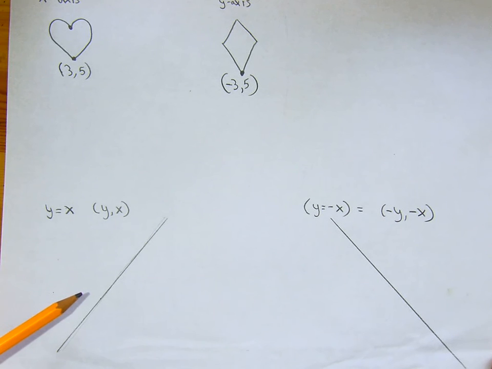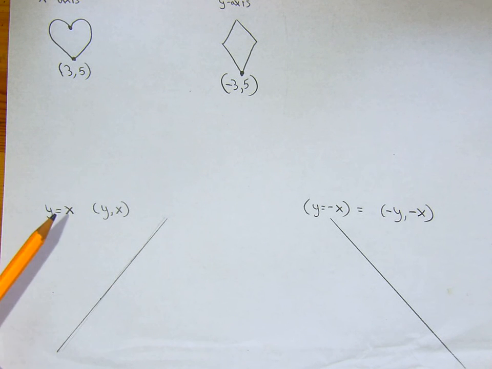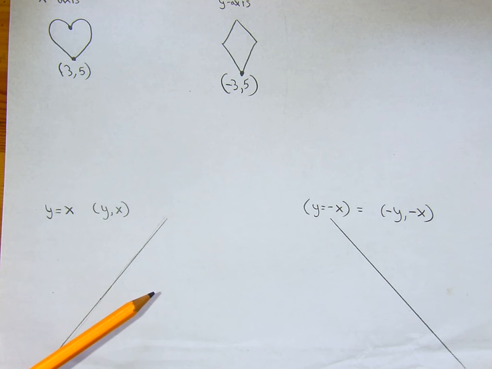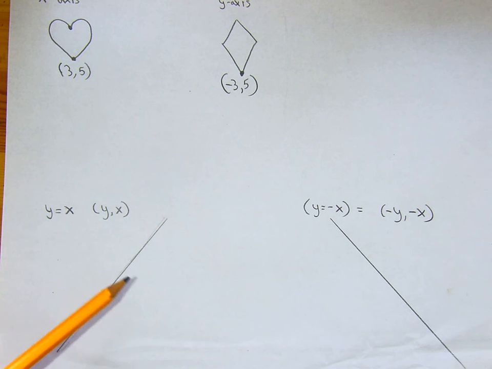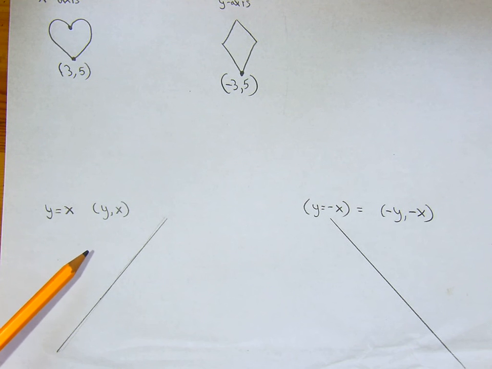What I want you to do down here is draw whatever shape or even design that you'd like. Again, don't make it necessarily too complicated, but you can do anything, and you're going to reflect it across the y equals x line of symmetry. And I want you to give it one ordered pair,